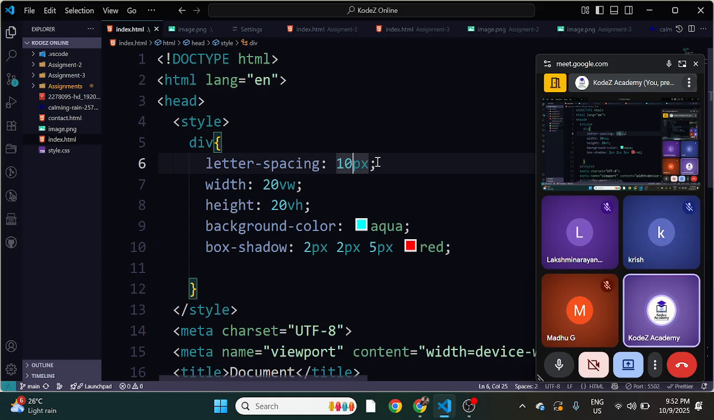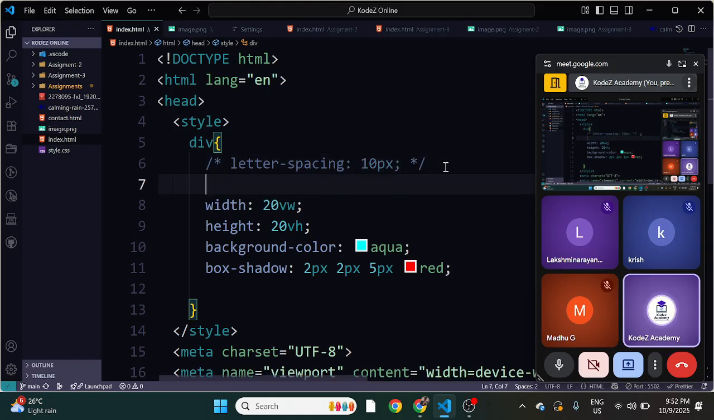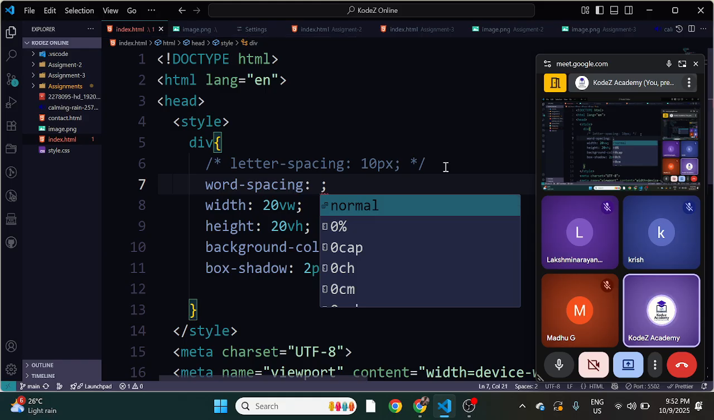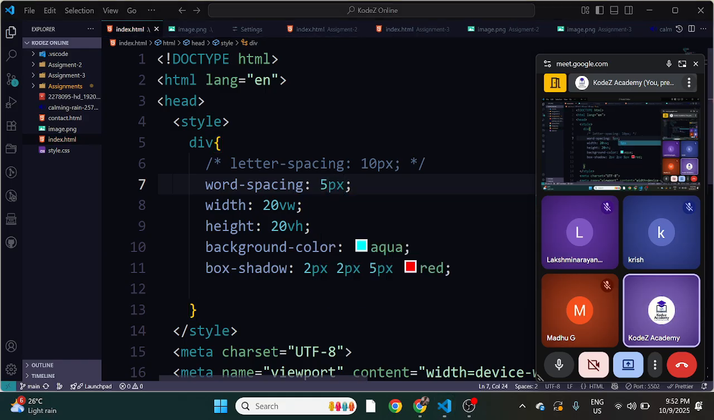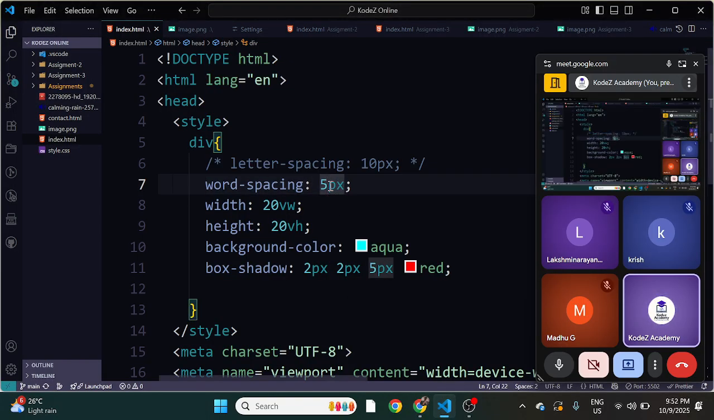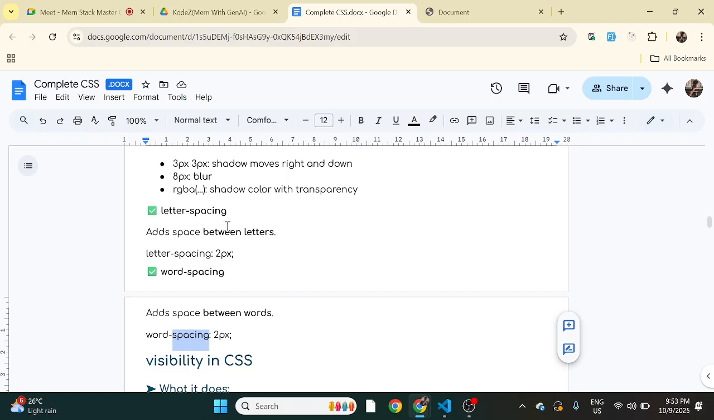The same way we have the property word spacing as well. Using this word spacing, you can manage the gap between each word. Here I am giving suppose 5 pixels. See, the gap is getting increased. You can observe it, right? Let me increase it a little more. See, it is getting increased. These are just simple properties. You can try it by yourself as well. Letter spacing we use to increase the gap between each alphabet, and word spacing we use to increase the